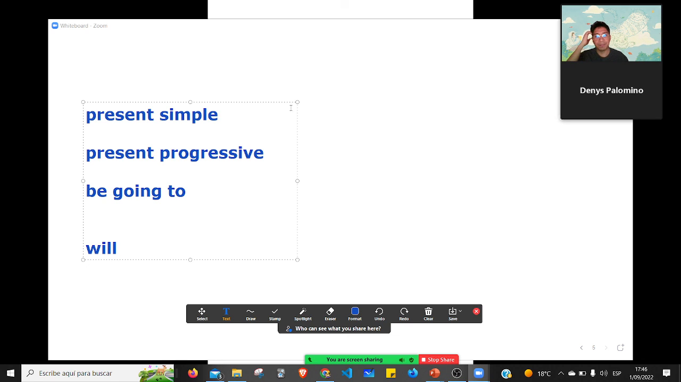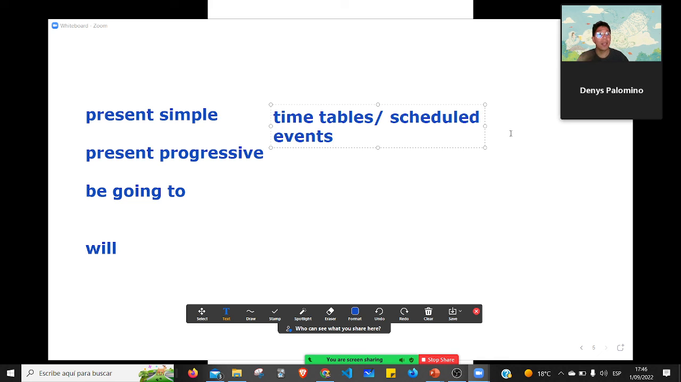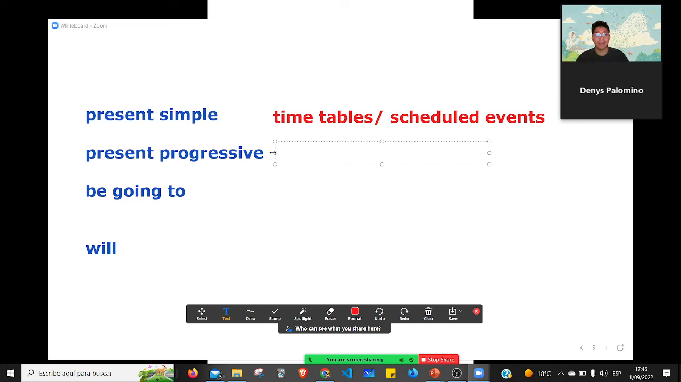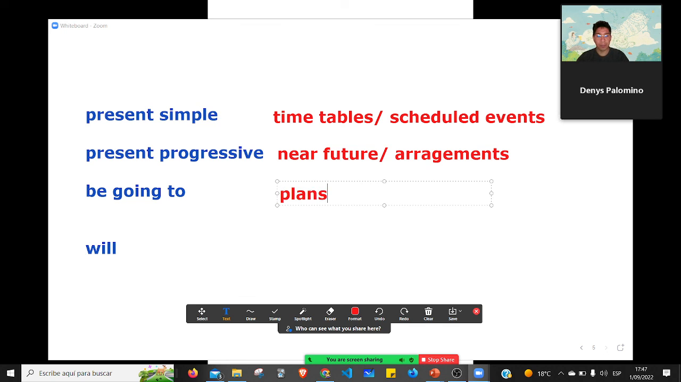Do you remember now? We use the present simple for timetables, or scheduled events. Then the present progressive for near future. When I say near future, I say 1 day, 2 days, 3 days, 2 weeks, no more. Okay? Near future. Or arrangements. Cuando acuerdas con alguien, un arrangement. Okay? And going to, you're going to use it for plans, it could be near or it could be far,